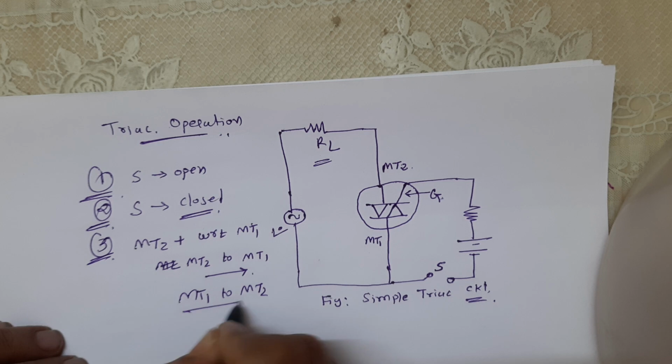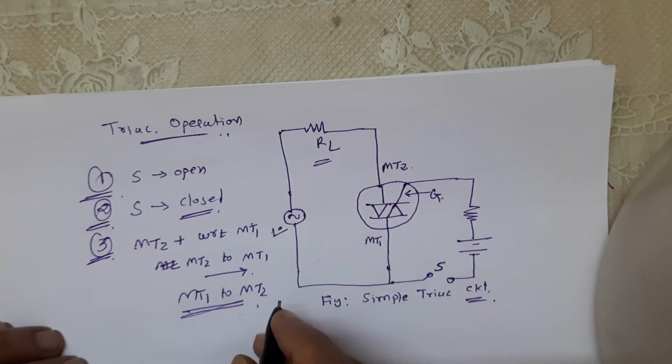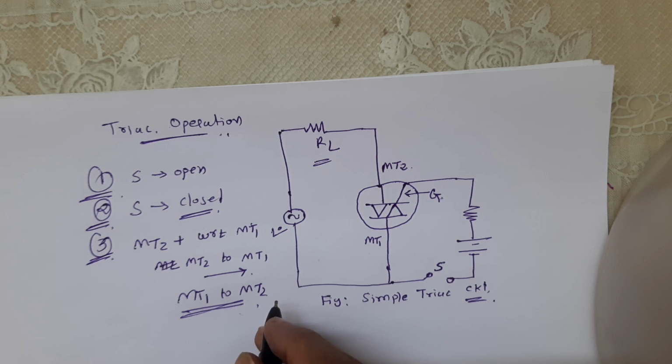The above action of the triac reveals that it can act as an AC contactor to switch on or off alternating current to the load. The additional advantage of the triac is that by adjusting the gate current to a proper value, any portion of both positive and negative half cycle of AC supply can be made to flow through the load. This permits us to adjust the transfer of AC power from the source to the load.